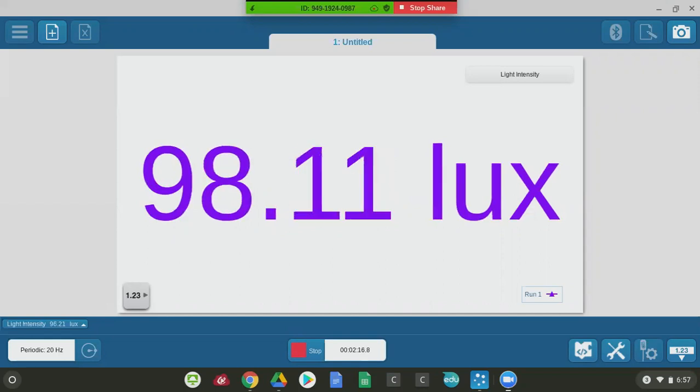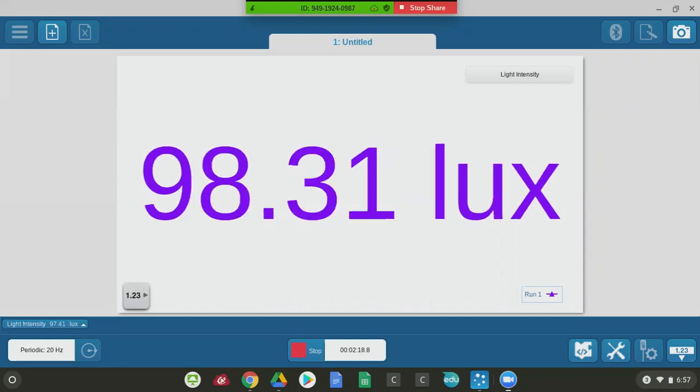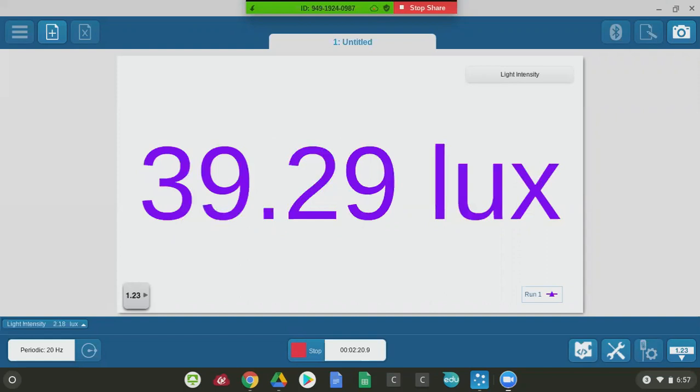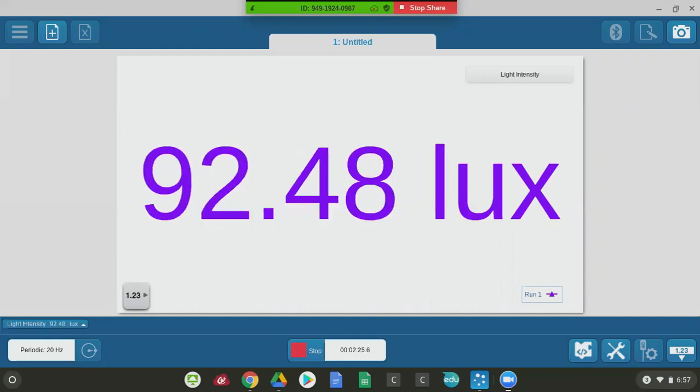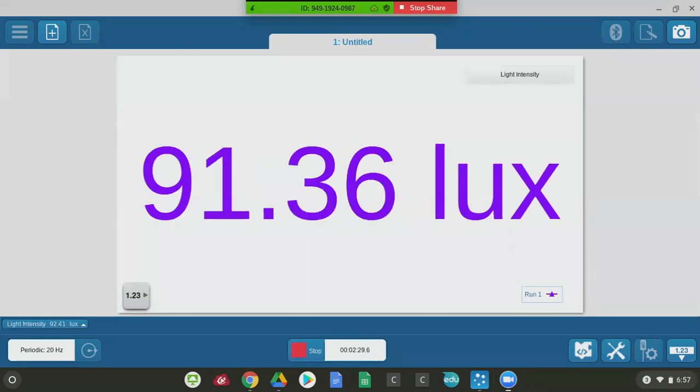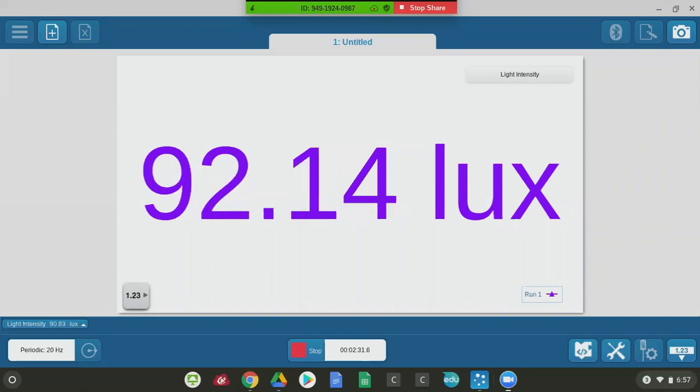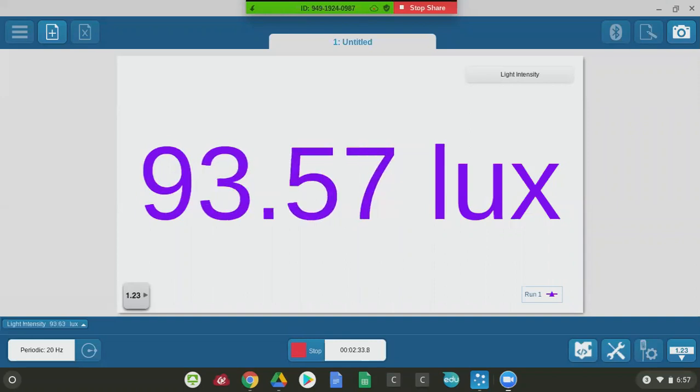So again, I don't suggest changing it. And here is 180. So there seems to be a little bit of discrepancy. Okay, so that's the data